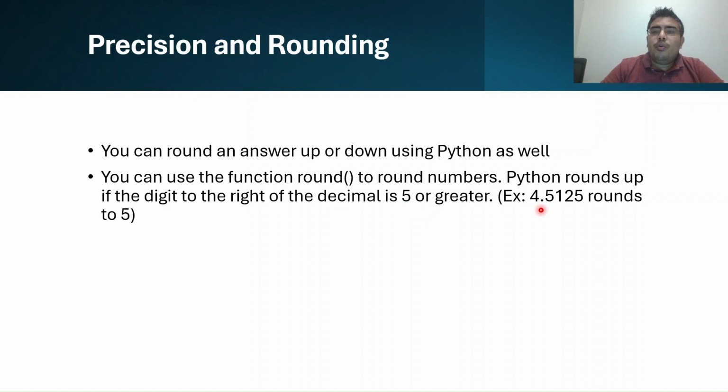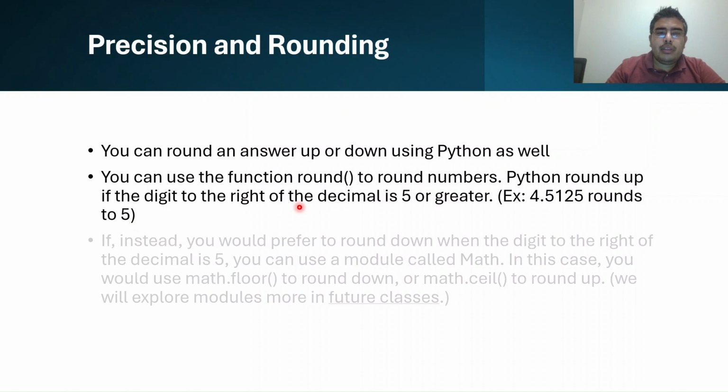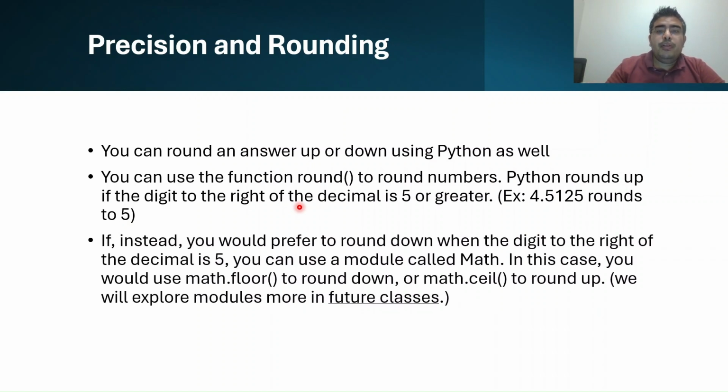So for example, 4.5125, it'll round it to 5, because it rounds up. So if you want to do some rounding, you can just use this round function. However, if you prefer to round down when there's a 5 right after the decimal point, which you can do, some people prefer to do that when they're doing math,